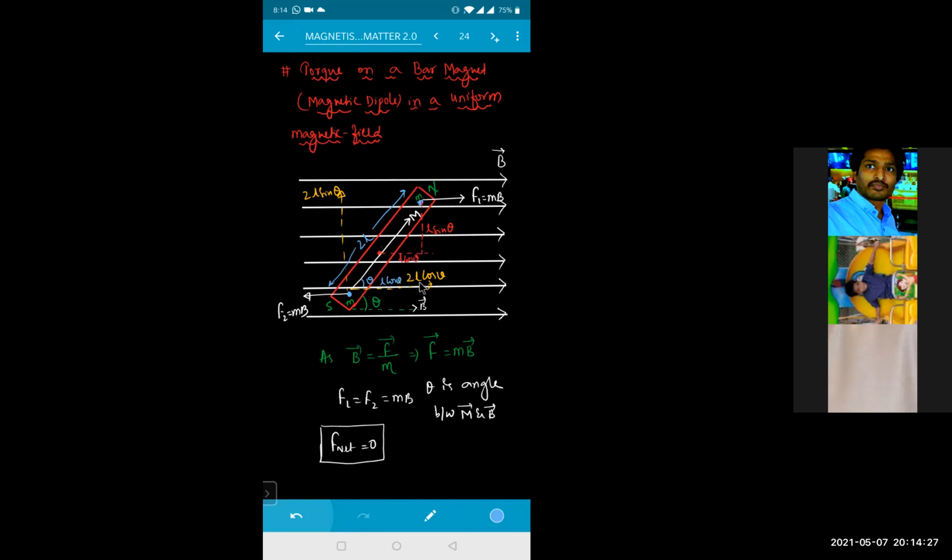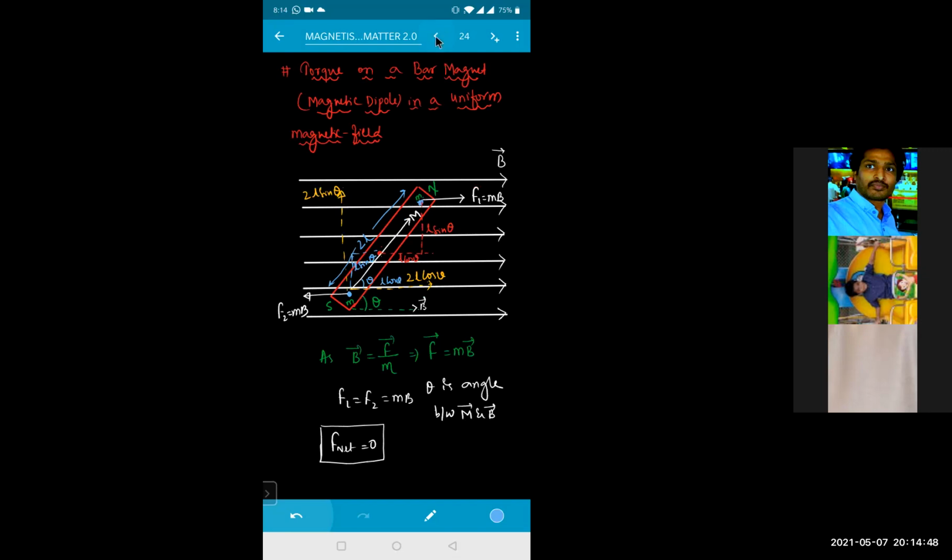This L cos theta, this L cos theta, same direction, so 2L cos theta. And because of this one, this is a force into a perpendicular distance from the center. So this will be the perpendicular distance from the center. So this is L cos theta. This will become for me, how much? L sin theta. Isn't it? So force into perpendicular distance will constitute the torque.